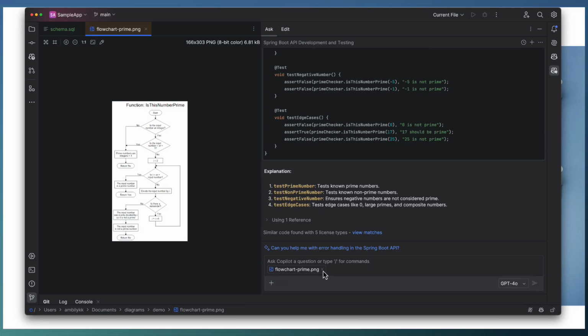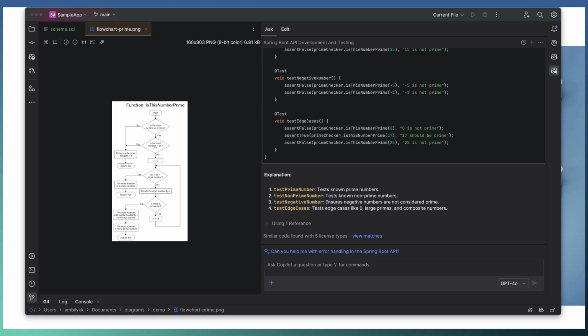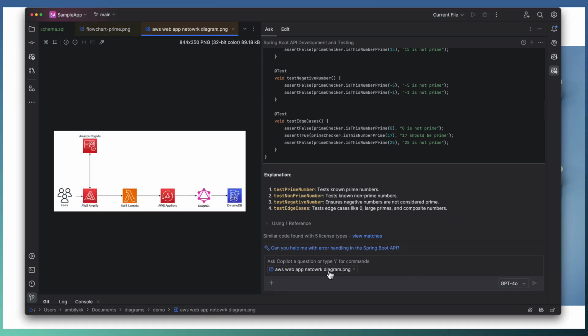We have a simple AWS web application diagram here. This is the diagram where the user interacts with Amplify, which uses Amazon Cognito, and AWS Lambda captures the main functionality in a serverless mode that talks to GraphQL and DynamoDB.